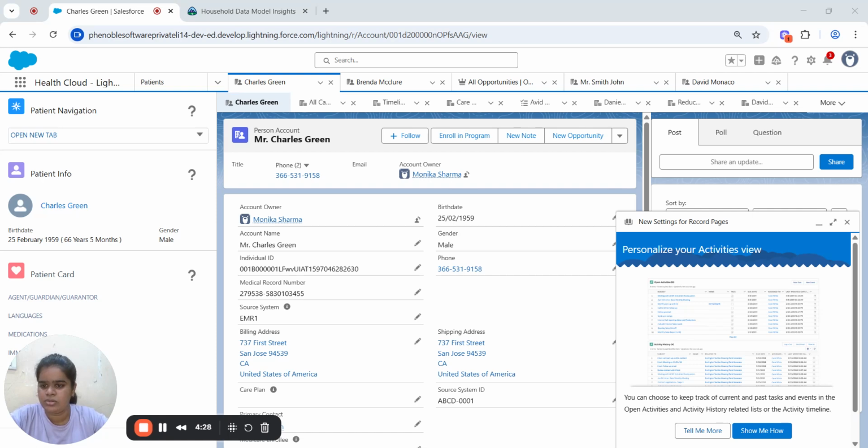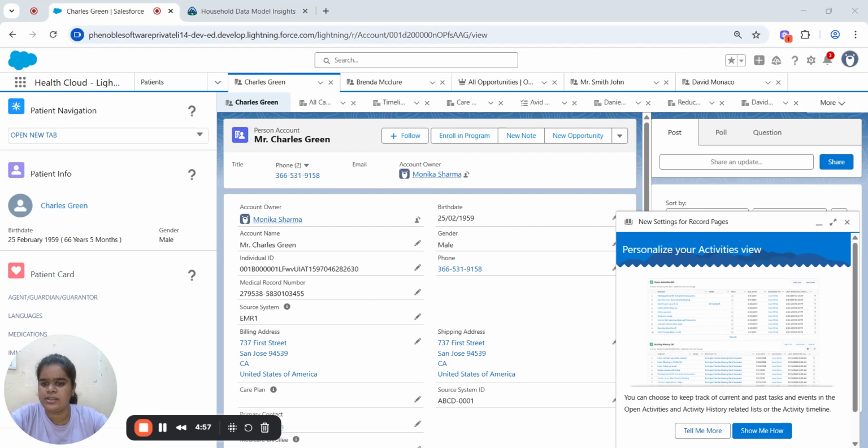Okay, so the scenario example is like linking together all the pieces, right? Charles Green is a patient, and he is a person account, married to Shwana Green. She also has a person account. Both are part of the Green household account, right? Because Charles Green and Shwana are connected as a family, and Charles Green is connected to the Green household. Okay, and same for Shwana, right?